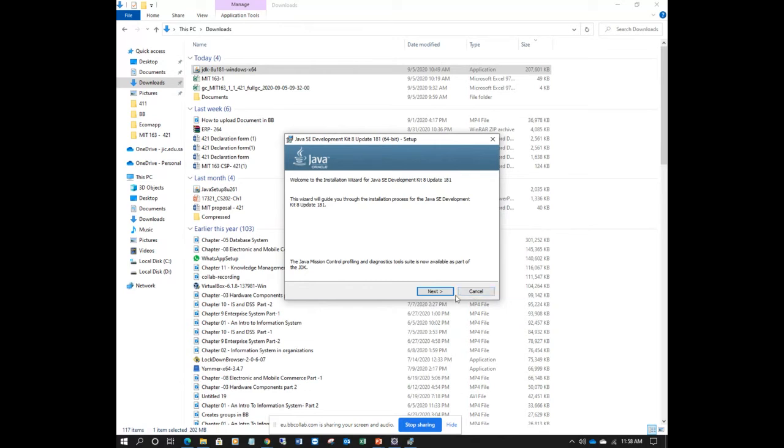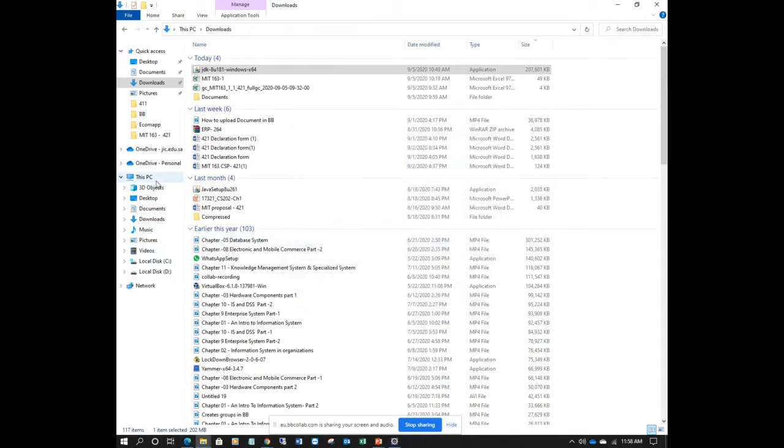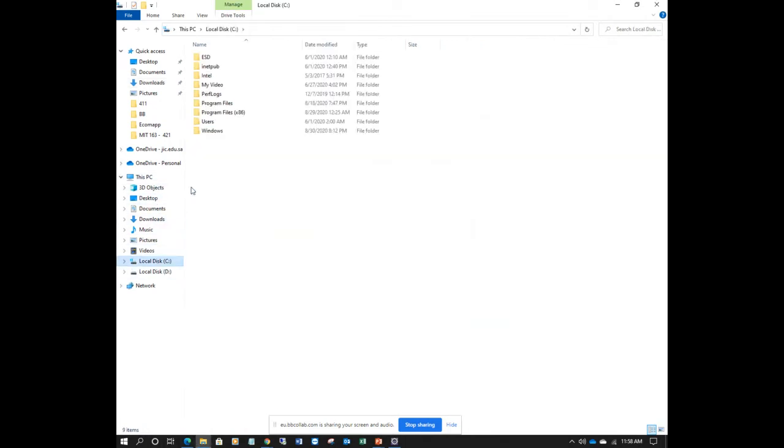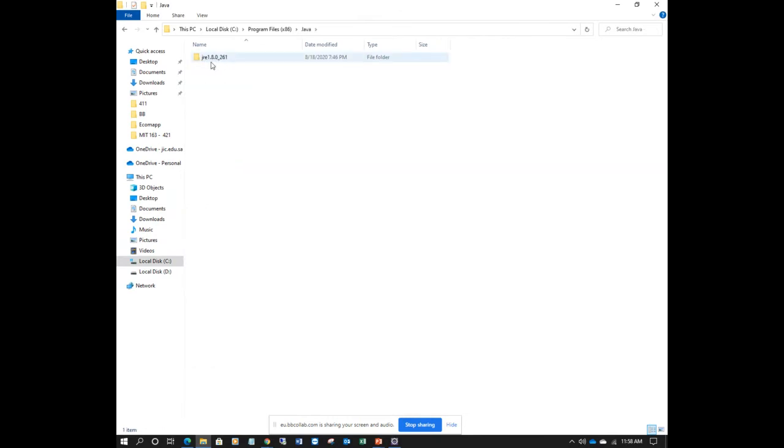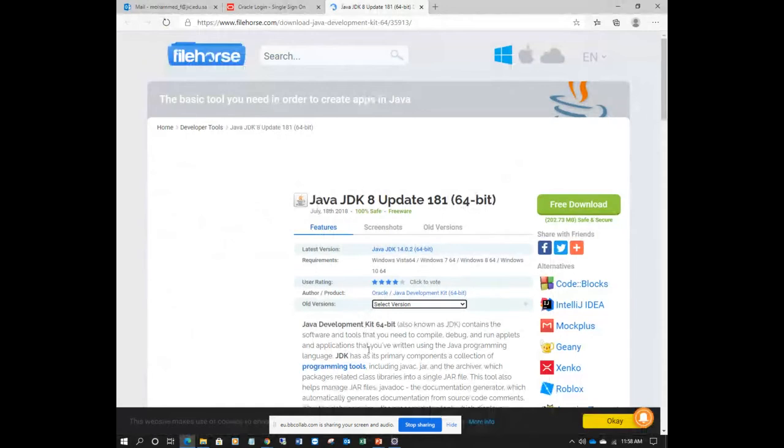Okay, so right now I'm just canceling this one, because I already installed it. Then how do you check? Now go to your C drive. Now you see I installed 32-bit. When you click on this 32-bit, you will see Java. It means you have Java installed, right? This is JRE. I need JRE, Java Runtime Environment. It's a Java virtual machine to run Java applications. Okay, so after this installation, now go to the next step.